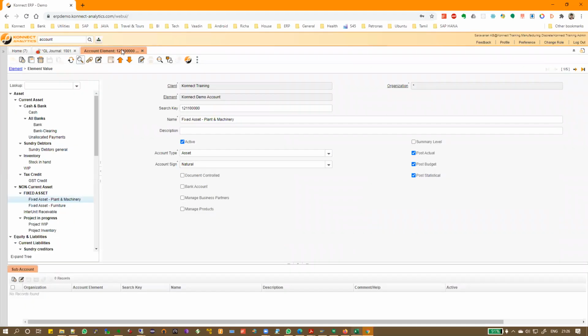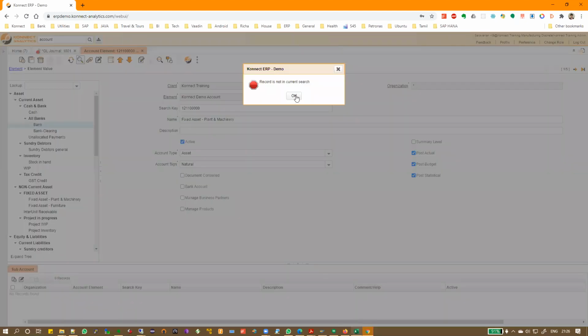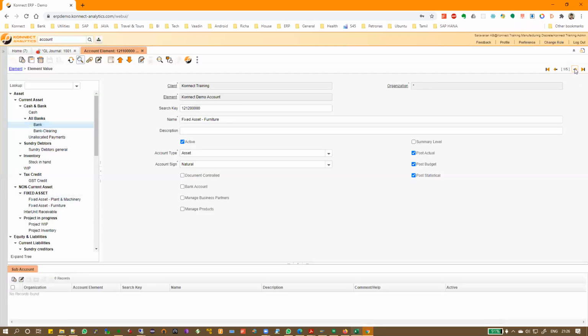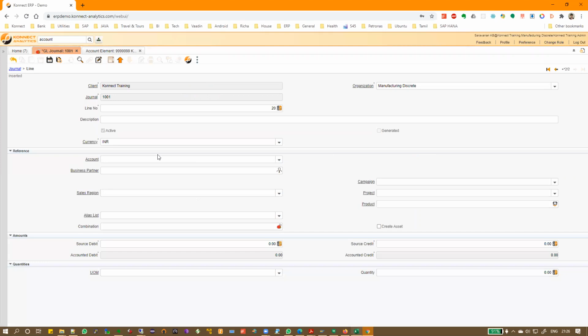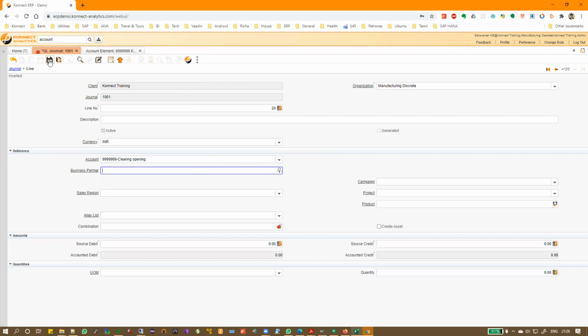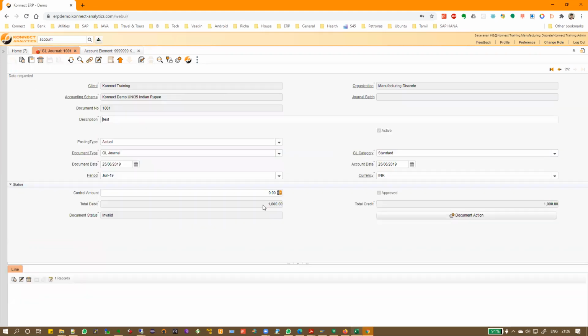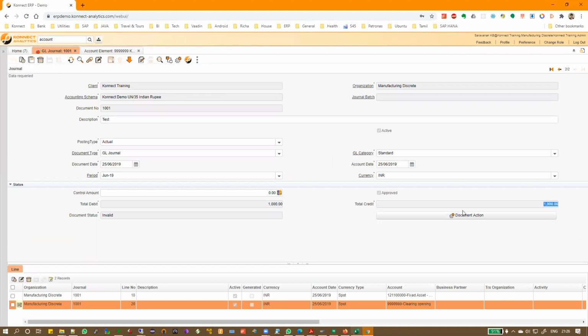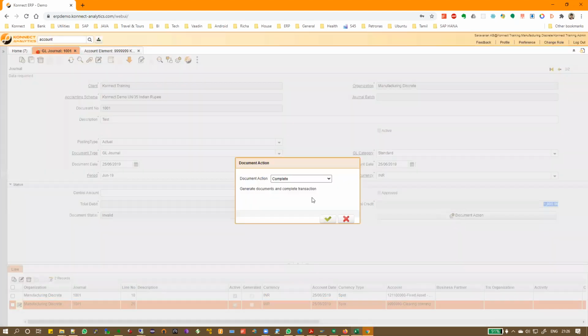and I am taking, let's say, okay, so there is a clearing document 999. So I open 999. Okay, and then I save this. I give a credit of 1000. So now if you see here, debit is the same, 1000. And now if I go and complete it, it will simply go.